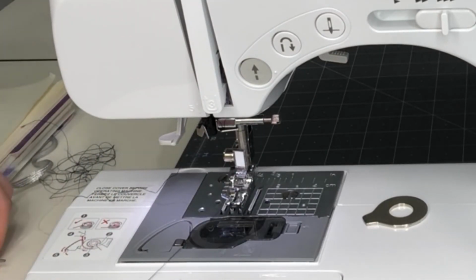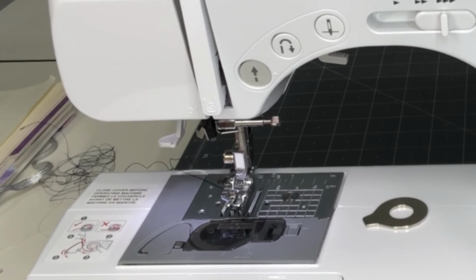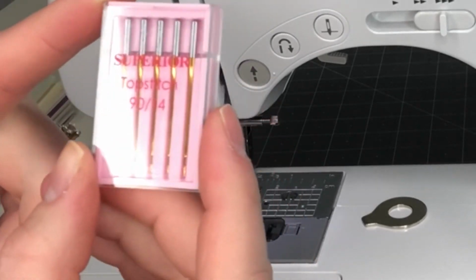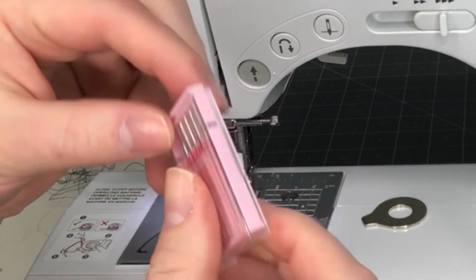You do want to change your needle every few projects or so at least. There's not really a set number of stitches, but when your needle becomes dull, the machine has to work harder, and that can put more strain and pressure on your machine, which will wear it out faster. I use a 90-14 top stitch needle. I really like Superior. These are titanium coated needles, and they last a lot longer